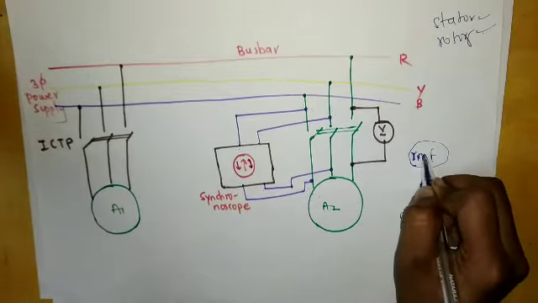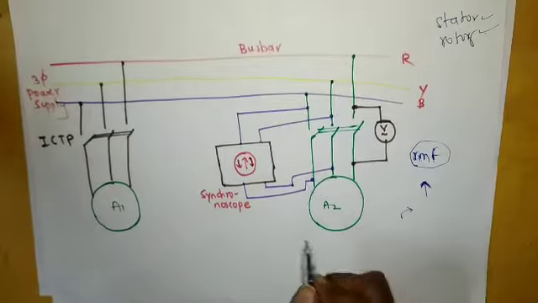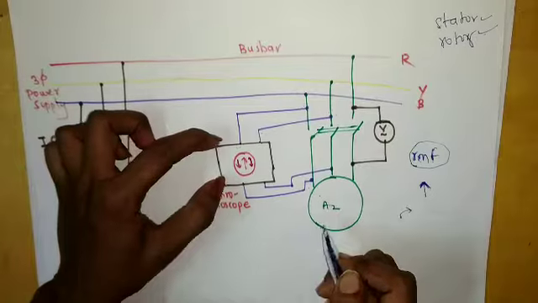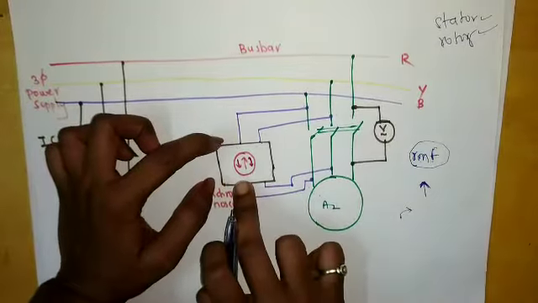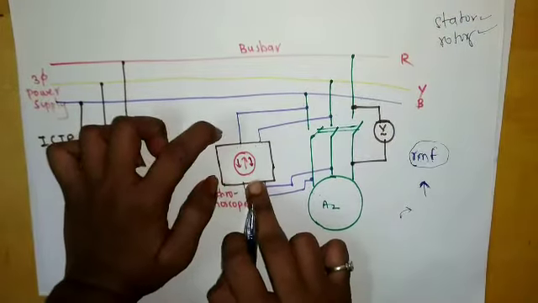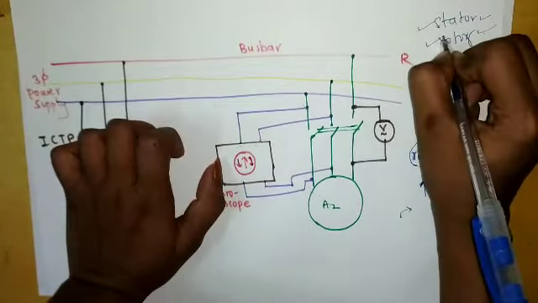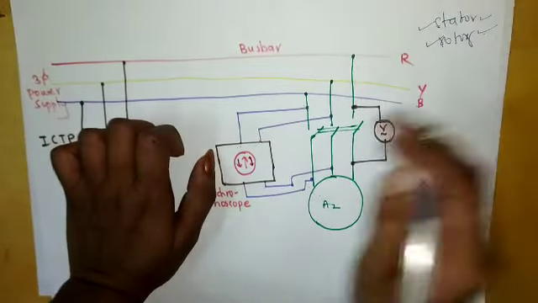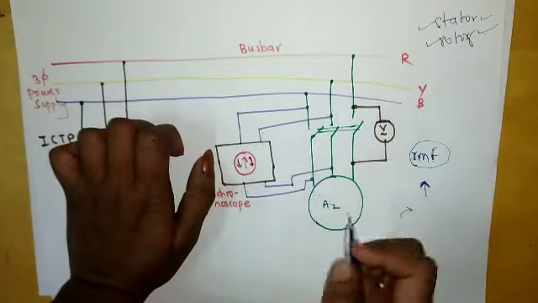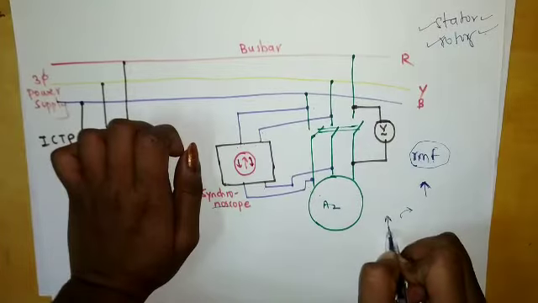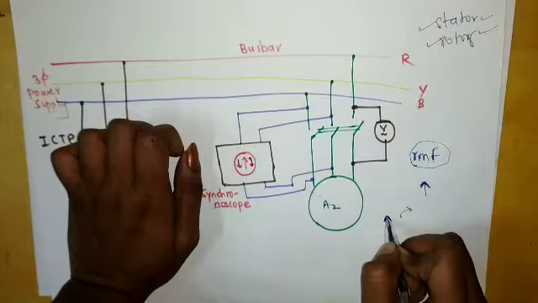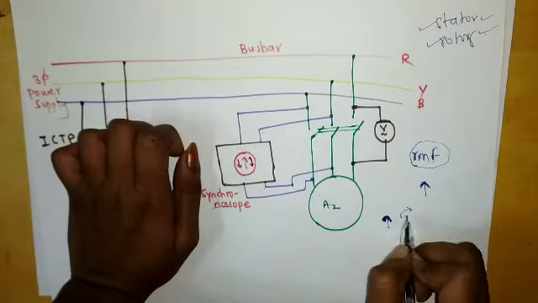What will happen now? A rotating magnetic field will be created. Why? Because the stator is also getting supply and the rotor is also getting supply. Now, in the first condition, if the magnetic field of the stator and rotor is the same, then our synchronoscope will point towards 0. It will give the null deflection.